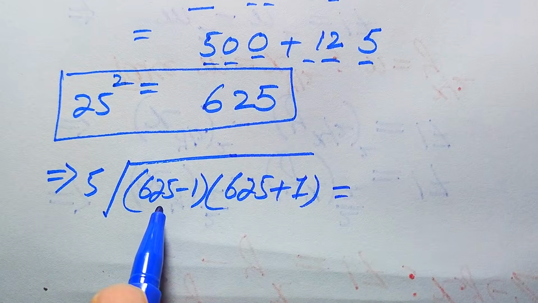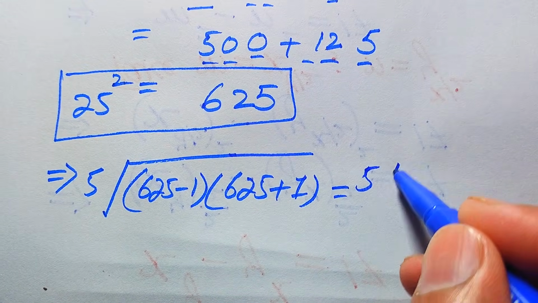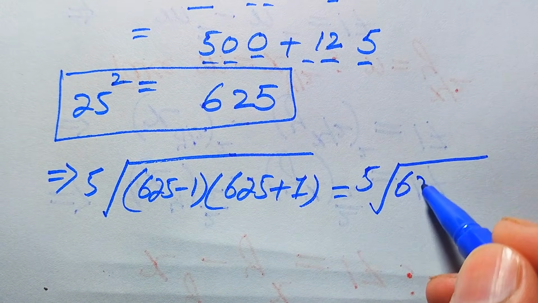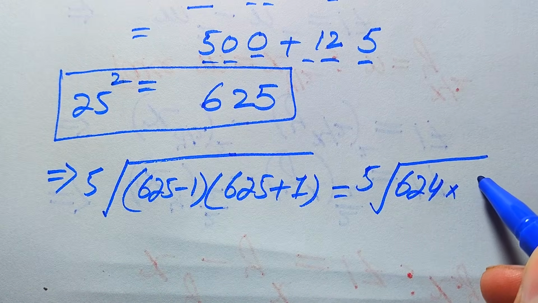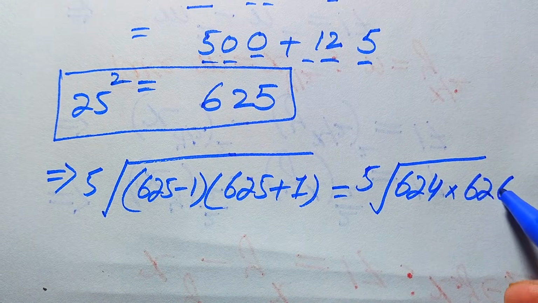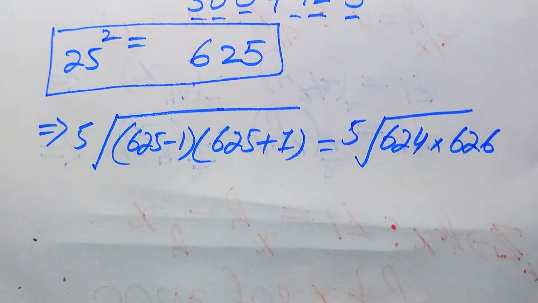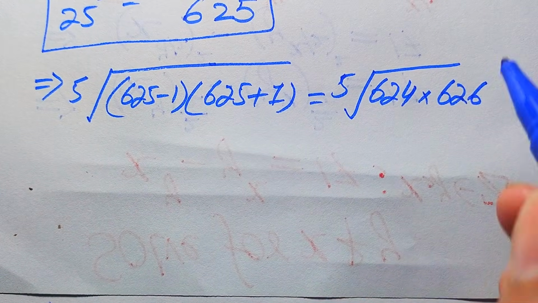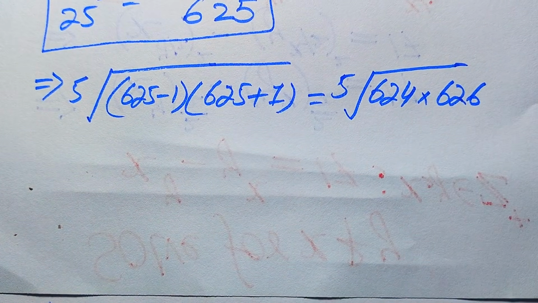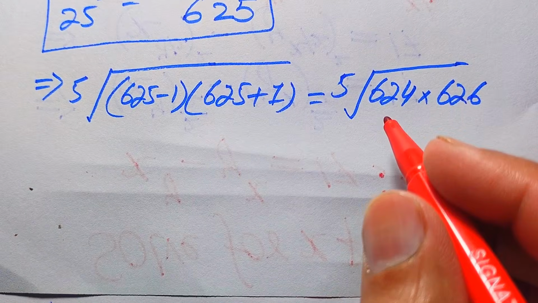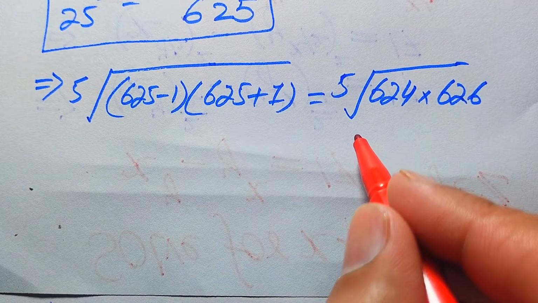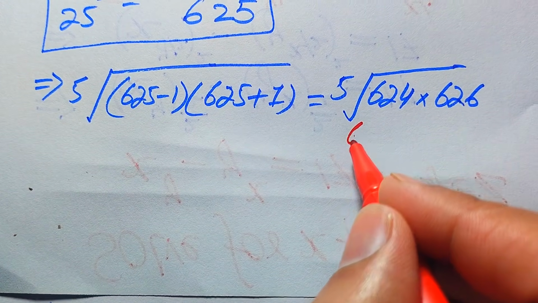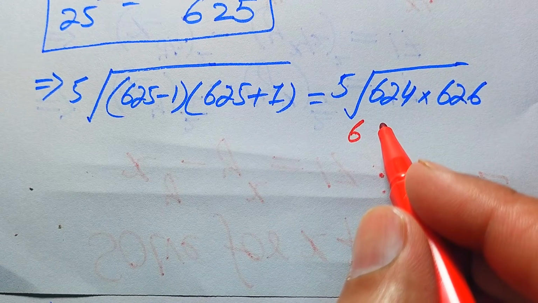And now in the next step we need to subtract these two values and we obtain here 5 times 624 multiplied by 626. So in the next step we need to simplify the terms which lie inside the square root sign. So here we need to make the factors of 624 and 626. So first we make the factors of